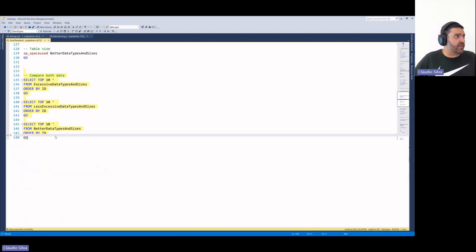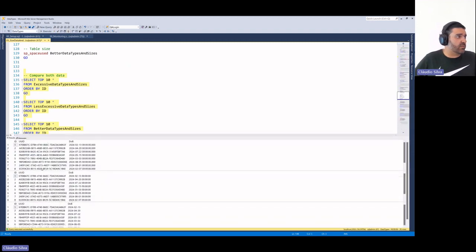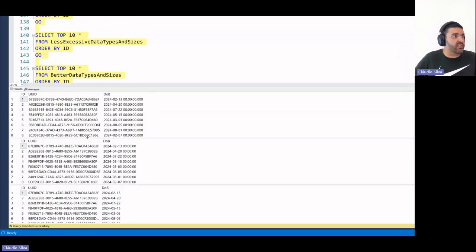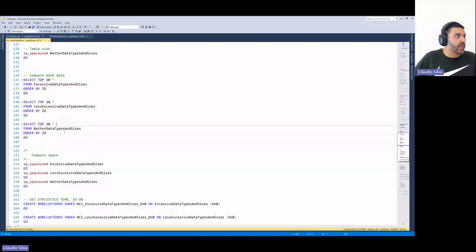All right, so let's see these side by side. As shown before, the main difference visually is that we lost the millisecond part here, and we lost all the time here. Other than that, everything seems the same. However, we know that isn't the same behind the scenes.